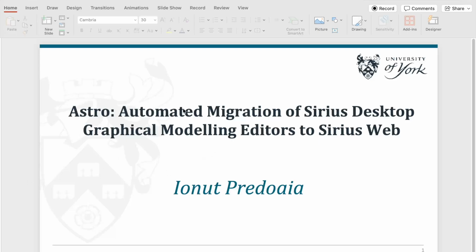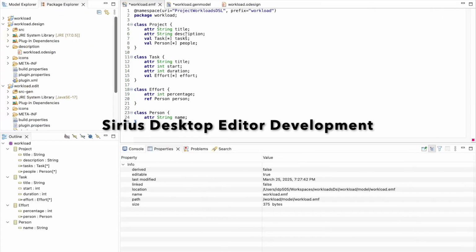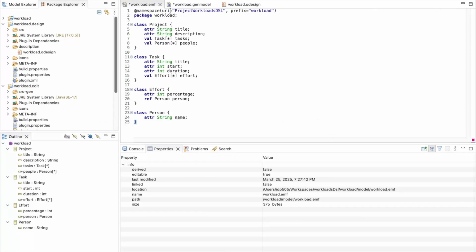Astro is a tool for the automated migration of Sirius Desktop graphical modeling editors to Sirius Web. To understand how Astro works, one would have to understand how Sirius Desktop graphical editors are implemented. In this case, we would like to build a graphical editor for the desktop and for the web for this